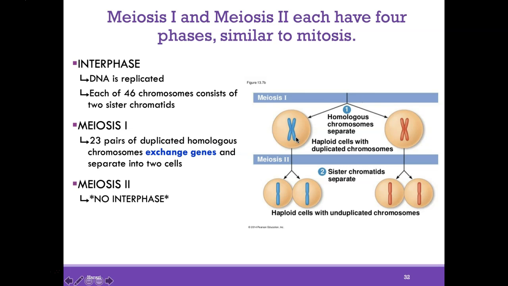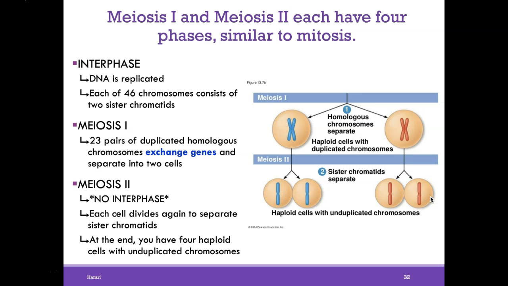In meiosis II, it's very simple. It's basically just like mitosis. We're going to have these 2 sister chromatids separate. Each cell divides, and now we're going to have 2 separate sister chromatids in meiosis II. And at the end of meiosis II, we're going to have 4 haploid nuclei